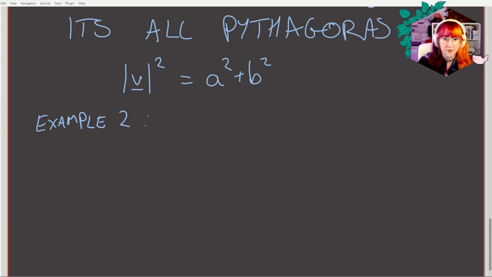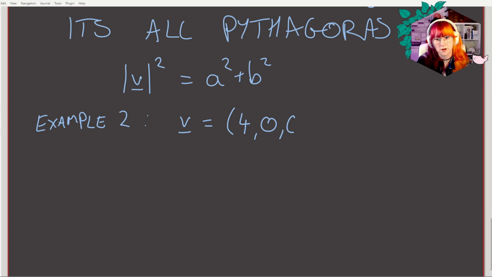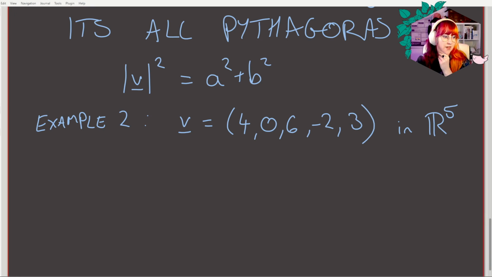Example 2, a vector of 4, 0, 6, minus 2, 3. Because we can have negative numbers, we can have zeros, but this is now, I can't draw that. That's in R5. It no longer becomes super reasonable to try and draw it. Please don't make me. But what I can do is tell you that the norm of this vector